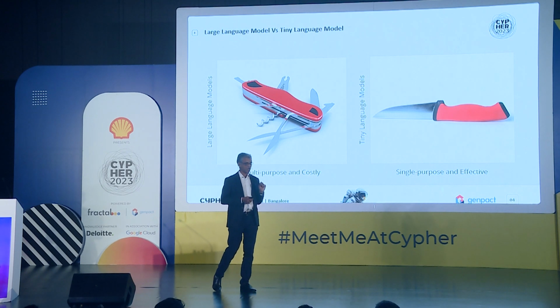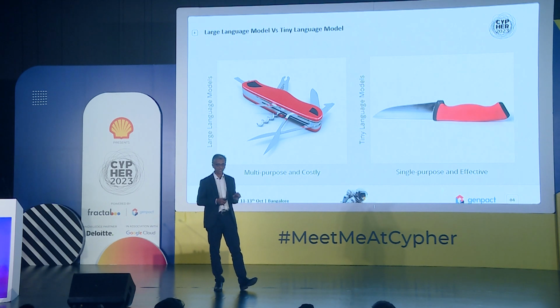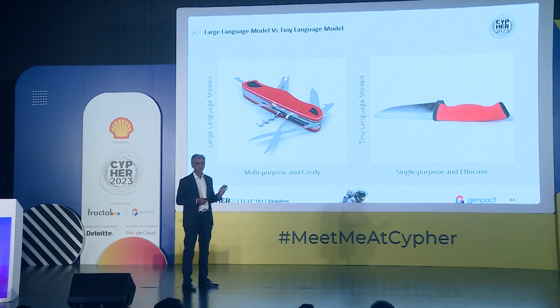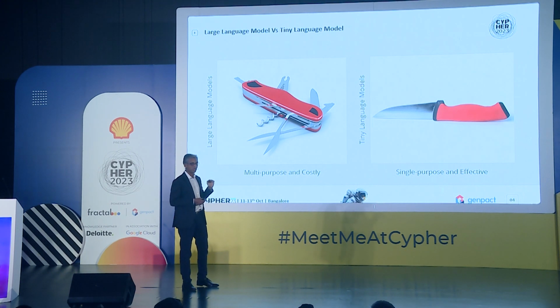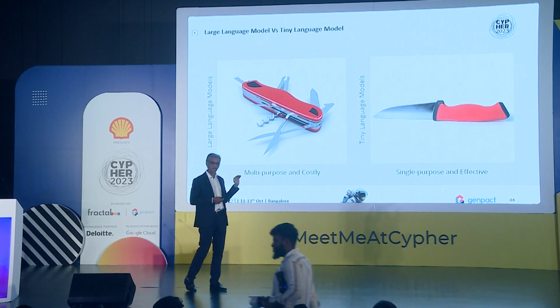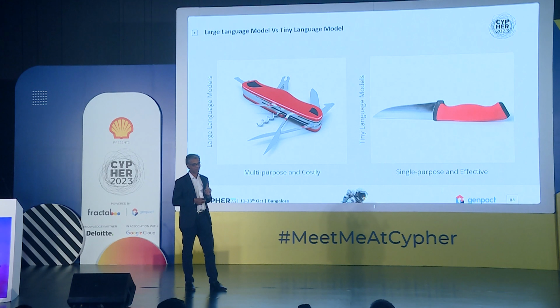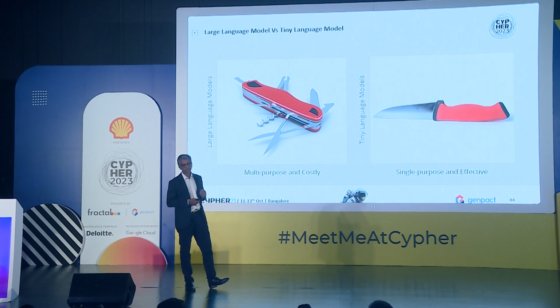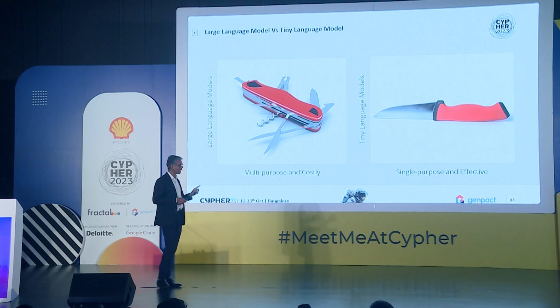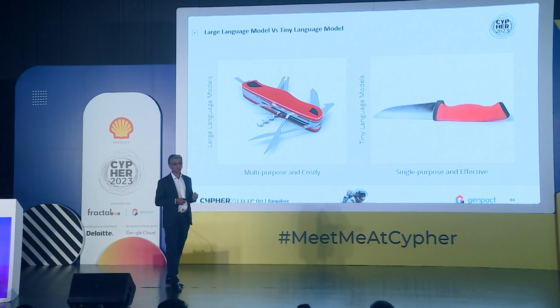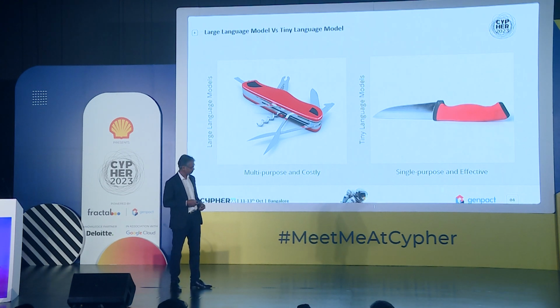The tiny language model will do only one activity. If it is classification, it will do classification. If it is question answering, it will do question answering. If it is summarization, it will do summarization. If you want to do translation, it will do anything that a large language model can do. The small language model or tiny language model can do it, but a large language model cannot defeat the tiny language model when it comes to the business domain. I'm not saying that the tiny language model will compete with the large language model, but it will complement it. I'll explain why, how, etc.